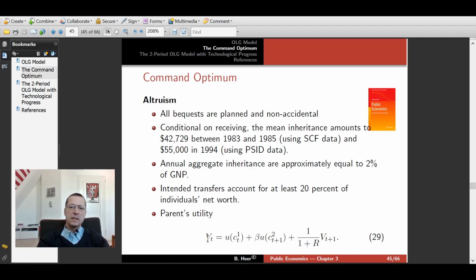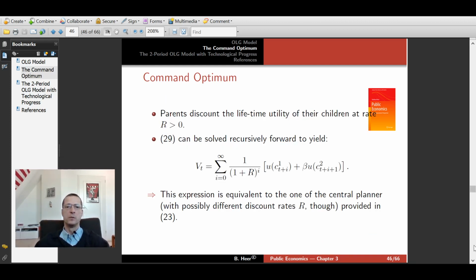Now, we use the same expression to express V_T+1. So V_T+1 is equal to U(C1T+1) plus beta U(C2T+2) over 1 plus R times V_T+2. And if we do this and substitute it in equation 29 and do this recursively, we get to the expression for V_T on slide 46. So there we can show that the lifetime utility of the altruistic parent, of the altruistic person, is just